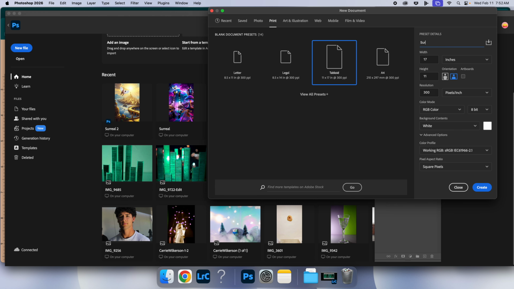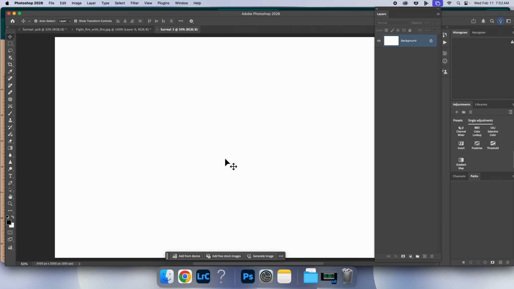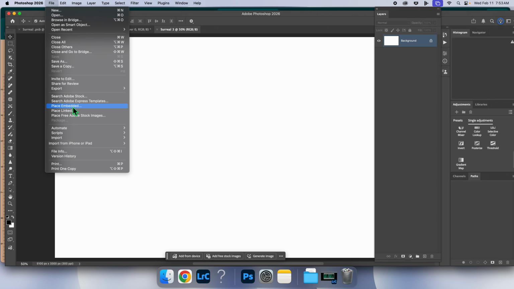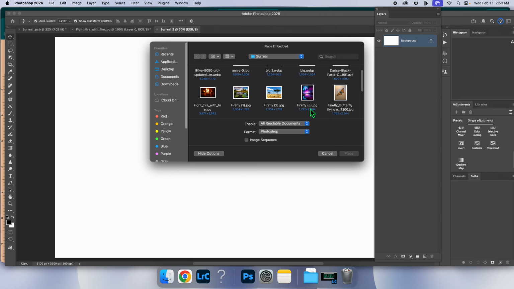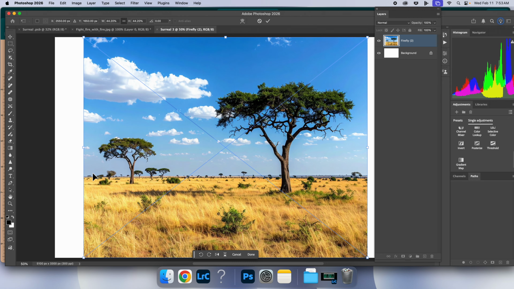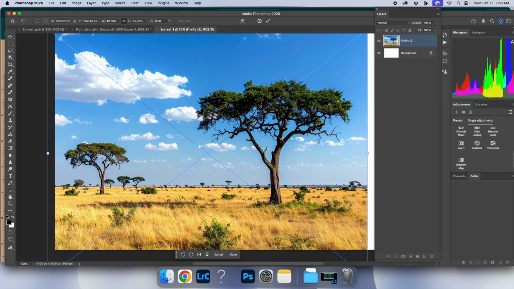I'm going to name it Surreal, and I'm going to add a number because I've done it a couple times. Create. Okay, so now I need to put my background in. So I can do file, place embedded, find a background and hit place. And then I want to make sure it goes all the way to the edges,